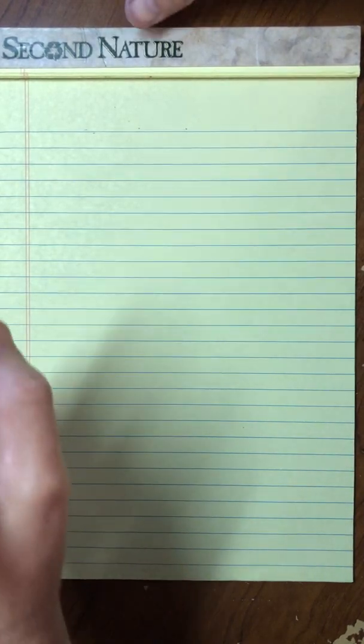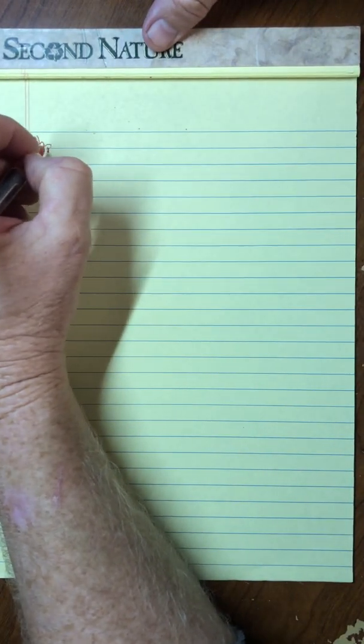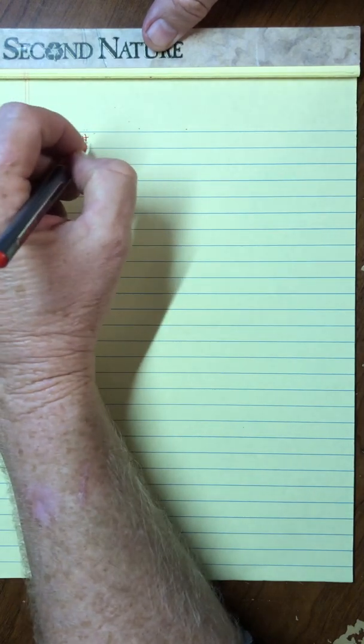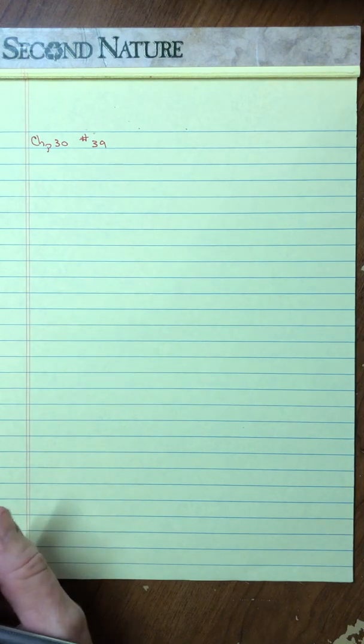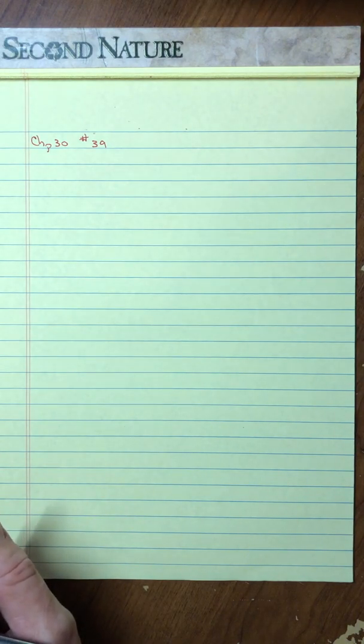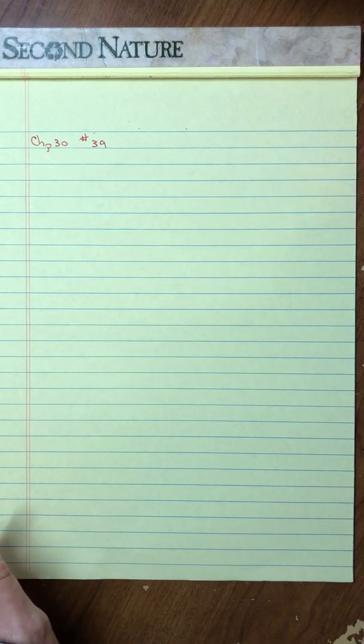Okay, so I thought I'd make a video solution here for chapter 30, number 39. And let me just make a comment about this one. You'll see it when I explain the exam. But 39, as well as number 43, 45, 65, and 66 are really good and kind of different and challenging, or at least 65 and 66 are challenging ones. But these other three, 39, 43, and 45,